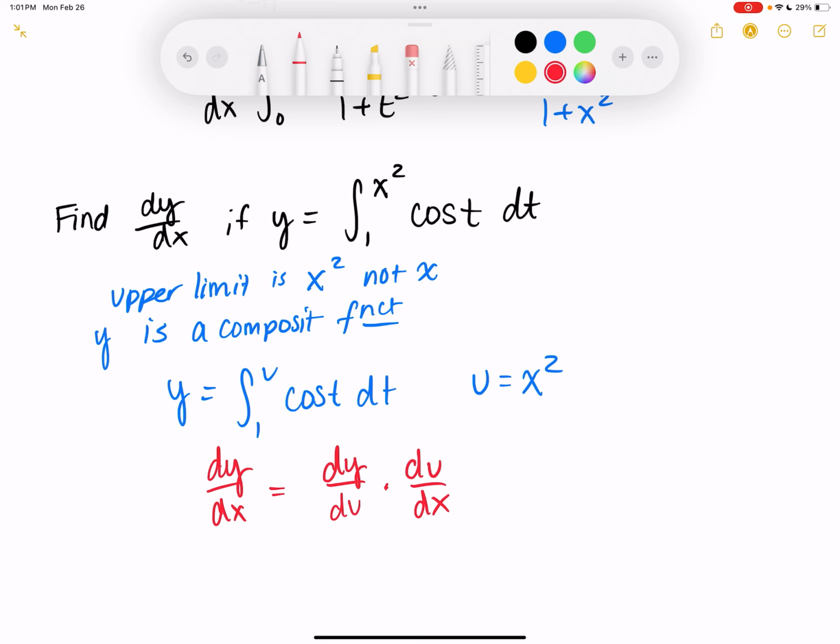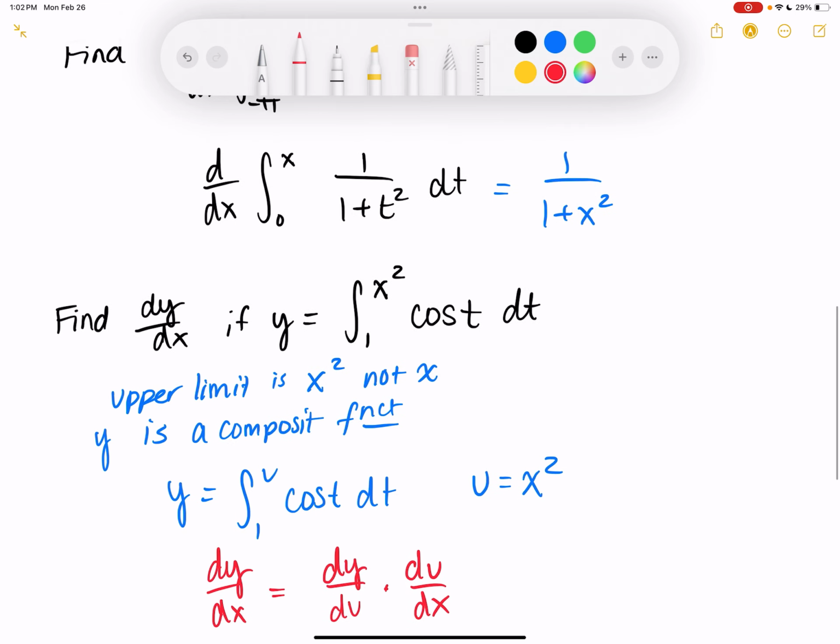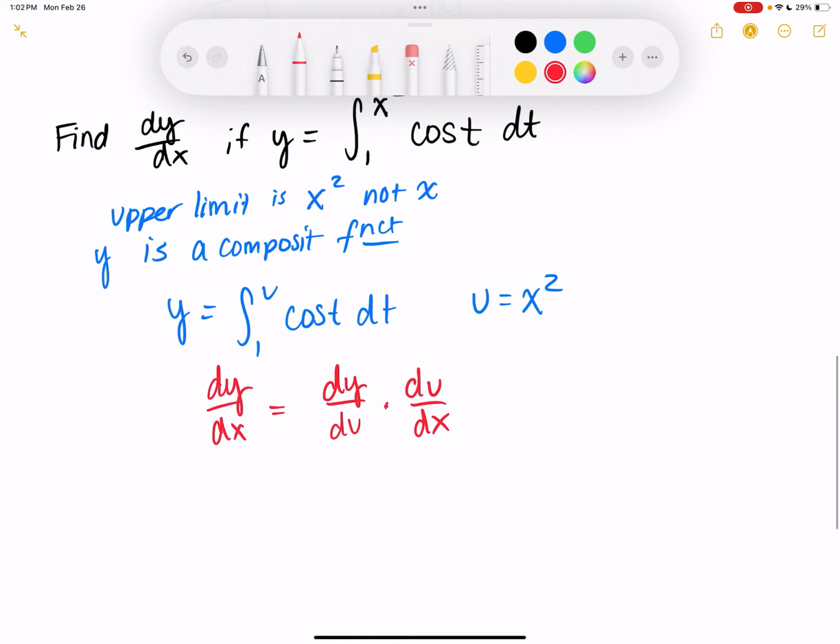So basically now, instead of this being d dx, it's going to be d du for the chain rule part. I'm going to put parentheses around this because I'm going to be multiplying it, times the integral from 1 to u of the cosine of t dt